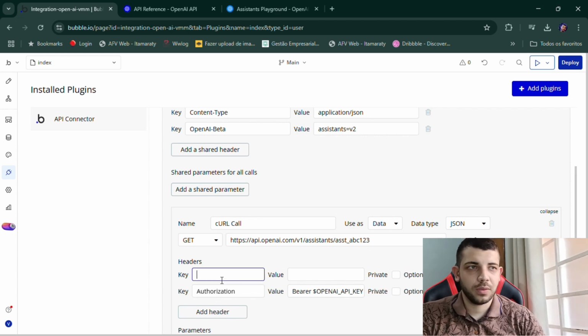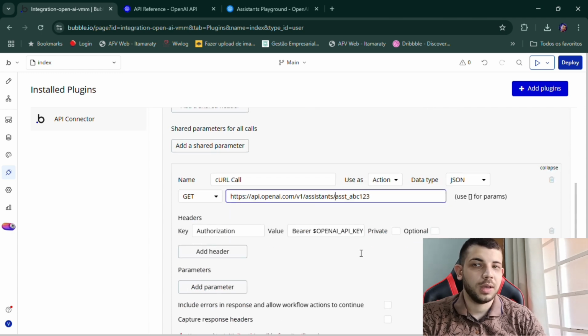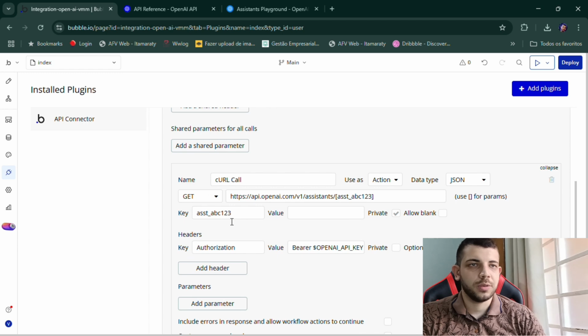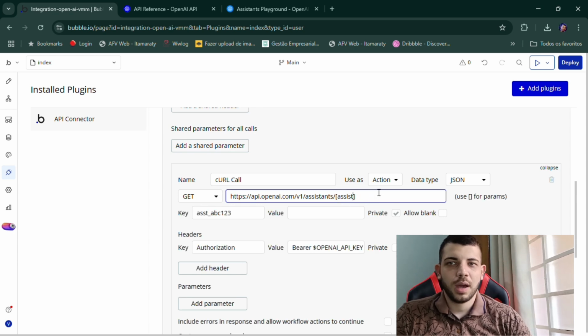In the call, configuration for a parameter is a modified URL, used with action, no data, and rename the API call. After that, I select the assistant ID that is now returned from the assistant Playground, and copy the ID